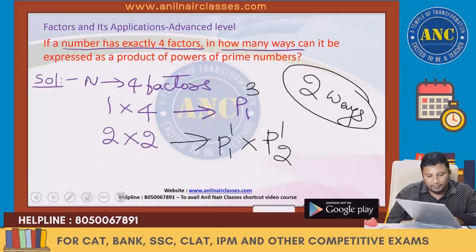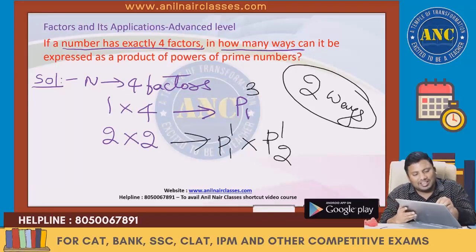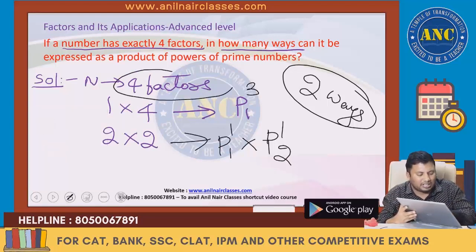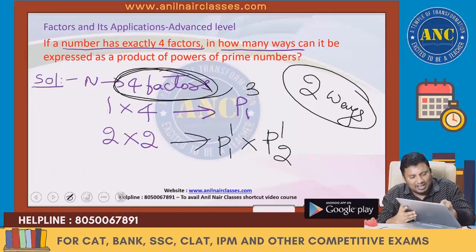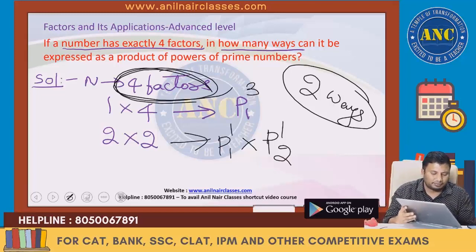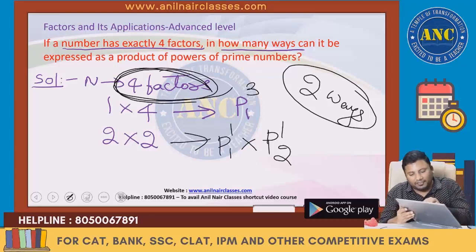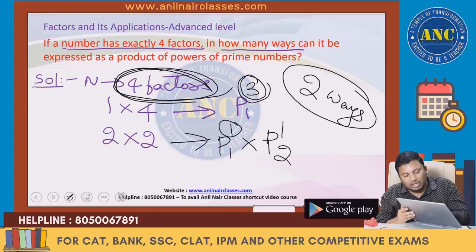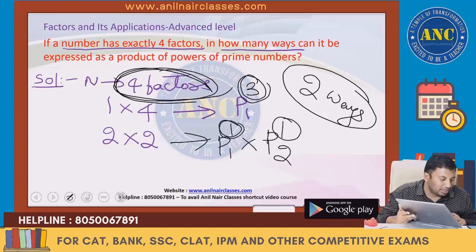Ramesh asks a question. Ramesh, where is the doubt here? 4 is not a prime number. 4 is the number of factors. Already we discussed when the number of factors is a prime number and a composite number. You got confused. 4 is the number of factors. Number of factors: 0 to 3 is 4, 0 to 1 is 2, 0 to 1. I think you got confused.